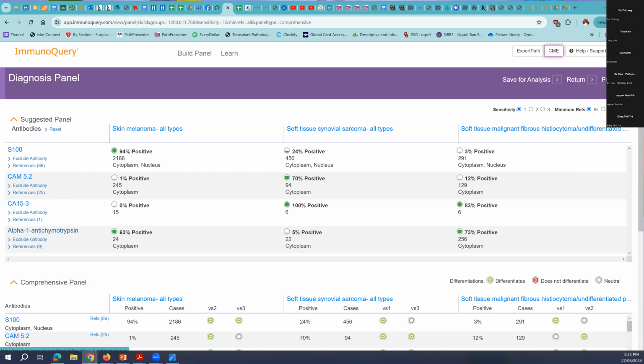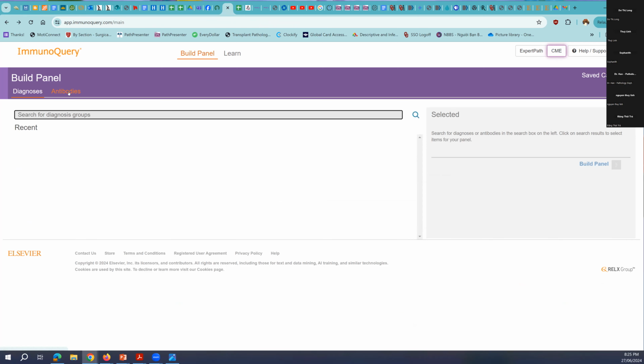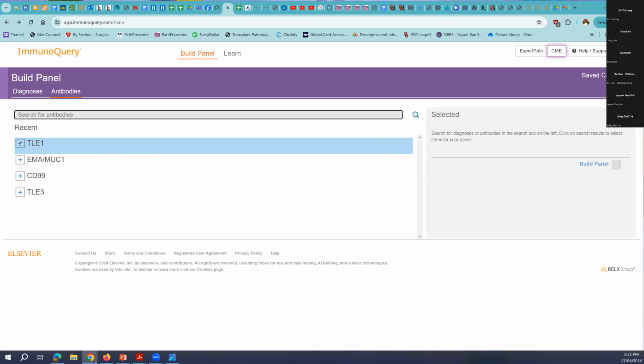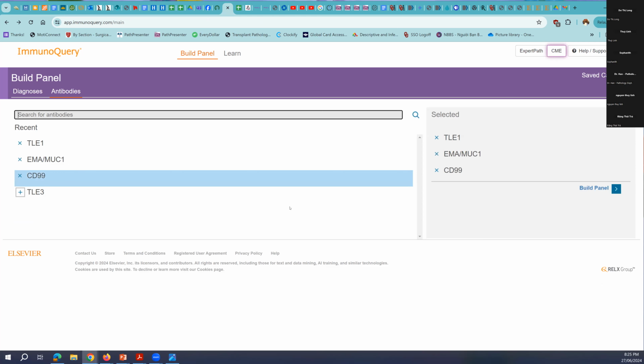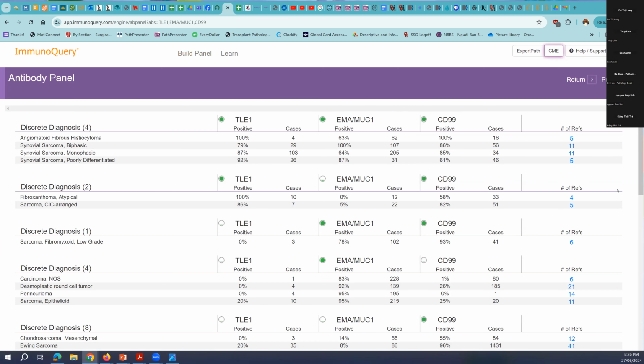Now, if you don't always have these, you can say, well, I don't want to do alpha-1 anti-chymotrypsin, and it will exclude them and give you a different antibody. Oh, let's do CD10. Not quite as good, but still helpful. So if we go back and go the other way, other route with the antibodies, we can do that with this case. So I entered these previously. We're going to use TLE1, EMA, and CD99,